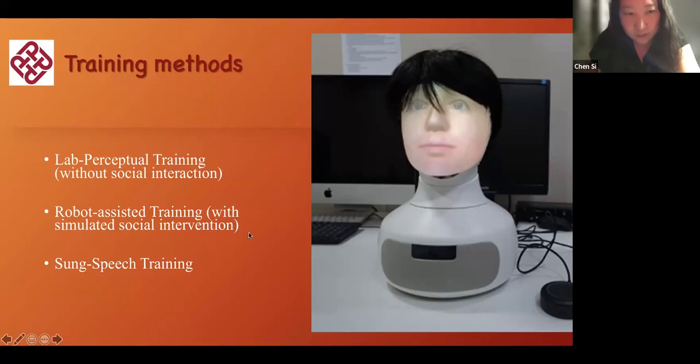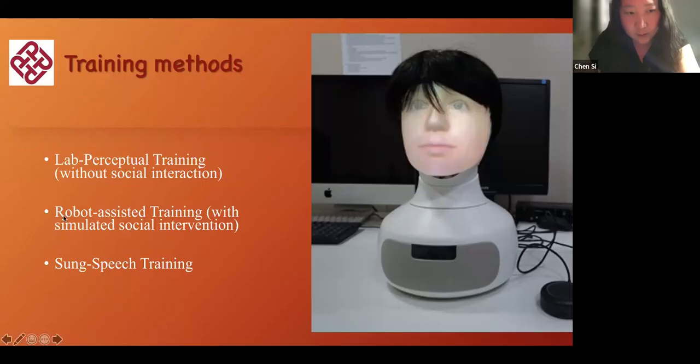And then another method we're trying is using this robot, because we believe that one of the fundamental reasons that these autistic children might have difficulties in language is probably because they have problems in communication. So they probably can't really learn language well if they don't have enough social interaction.